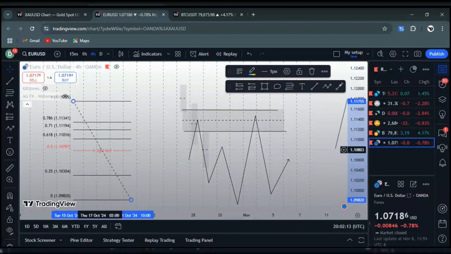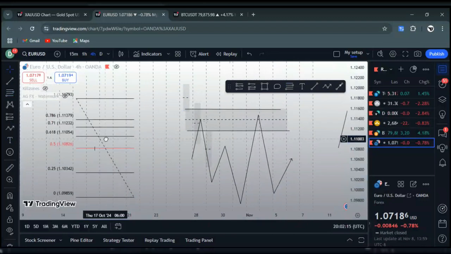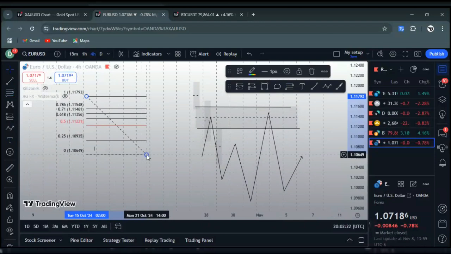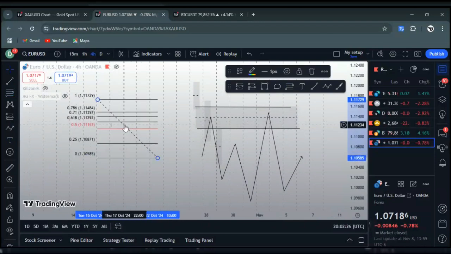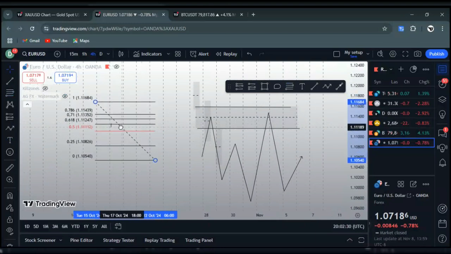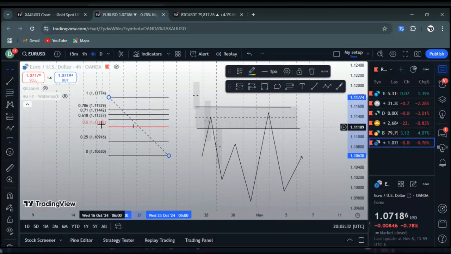It's also used for calculation of premium and discount and all those things. I have a video on premium and discount, so when you watch it you will know better. It shows you the middle of whatever